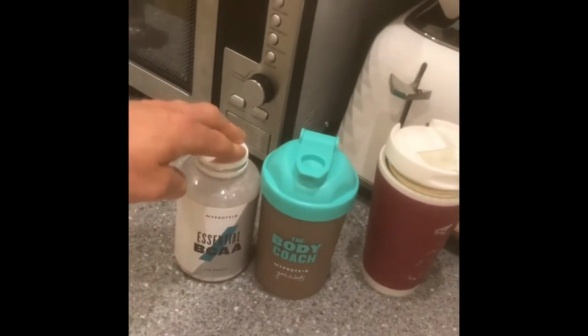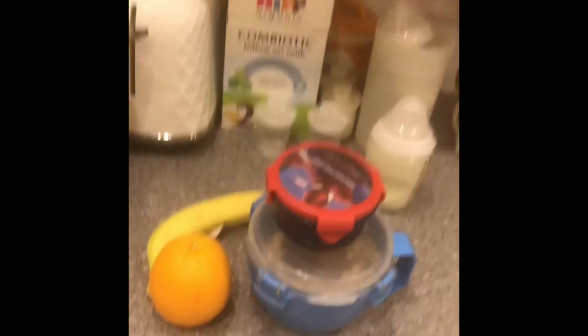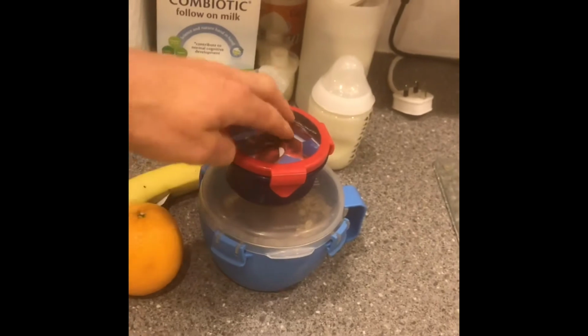So week 2 is about to commence and it's hill sprints this morning. Nutrition wise, we're going to kick the day off with some branched chain amino acids, a whey protein shake and a delicious black coffee. Straight after the workout, we'll be having that delicious protein porridge bowl, some lovely frozen blueberries, an